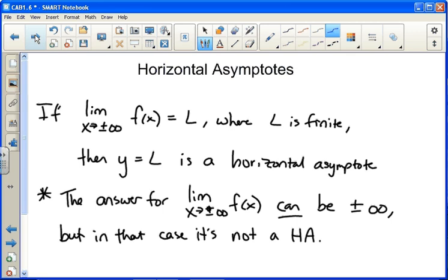Now the answer to a limit approaching infinity can be infinity, but if you get that, it's not a horizontal asymptote. There's no such thing as a horizontal line at infinity. In fact, if you get infinity as your limit, it's telling you there is no horizontal asymptote because the line just continues to grow forever and ever, or fall and decrease forever and ever, depending on if it's approaching positive or negative infinity. So the main focus here is going to be on learning how to take the limit